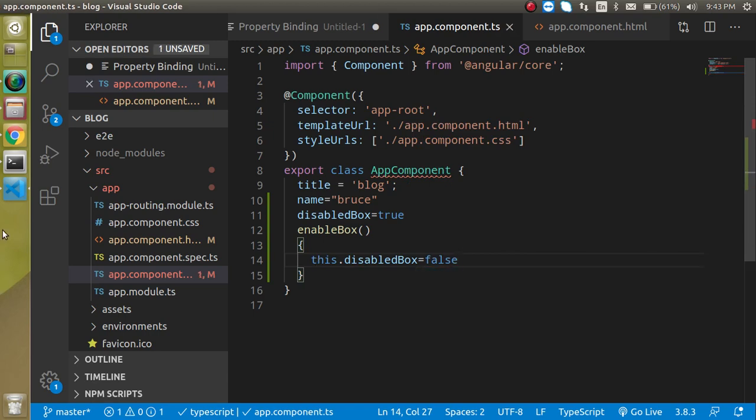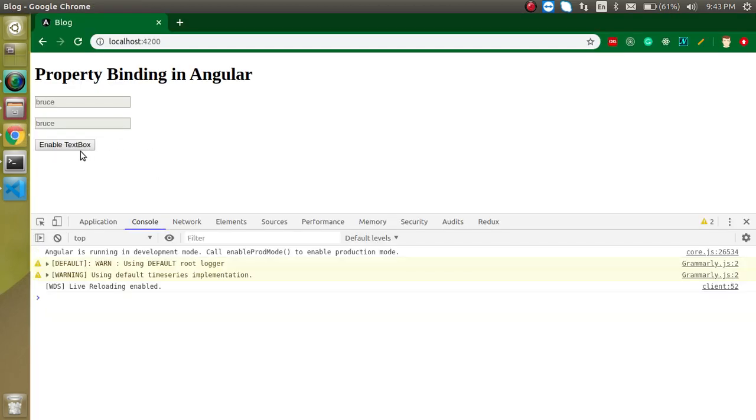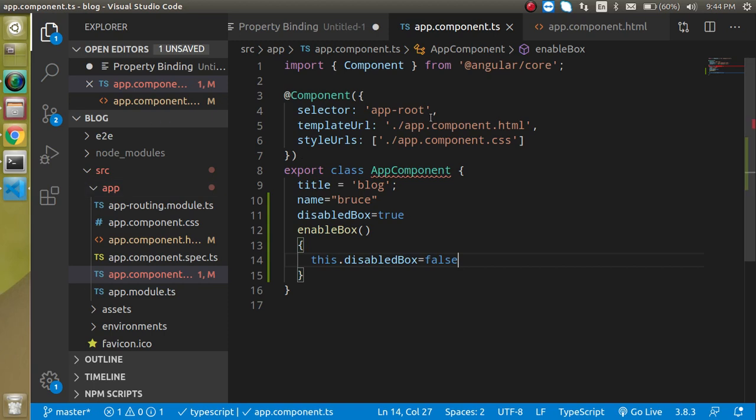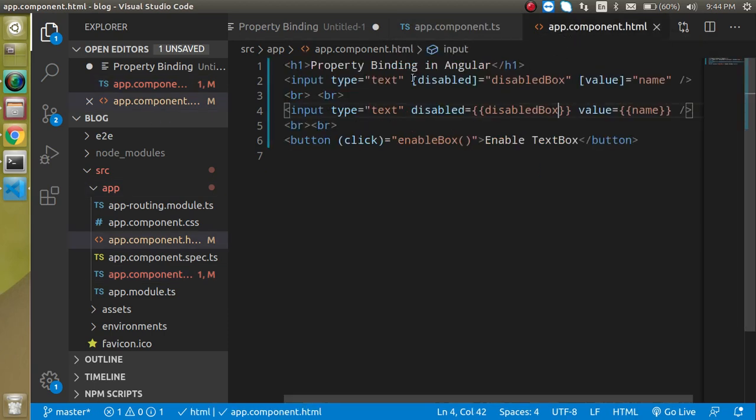right? Now whenever I click on this button, you will see that the upper one, which is bound, will be enabled, but the second one, where we use the interpolation, is not going to work. Okay, so let's see, then I will explain it. Now you can see that the upper one is enabled. The reason behind this is that property binding can handle this disable attribute, but interpolation cannot handle this disable attribute,